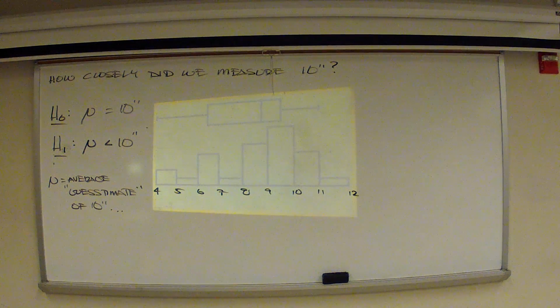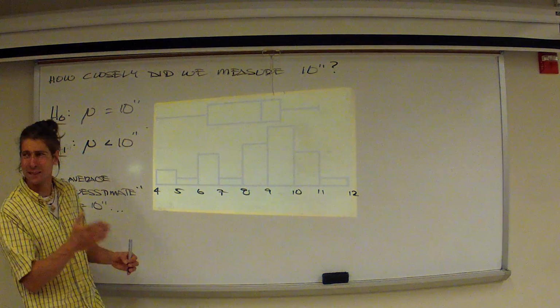Good. Now, I just called this discrete data because I was actually counting the measurements you guys have. But the data itself is actually continuous because you measured it. You rounded it off to the nearest 16th, but you measured the data, so by definition that makes it continuous. Fair enough? That's a very good question.